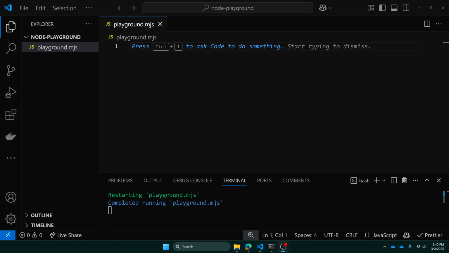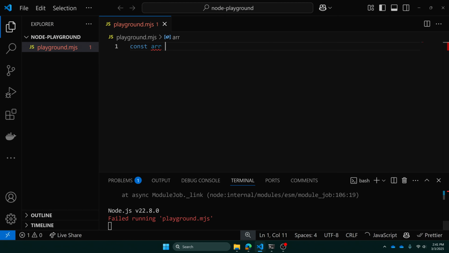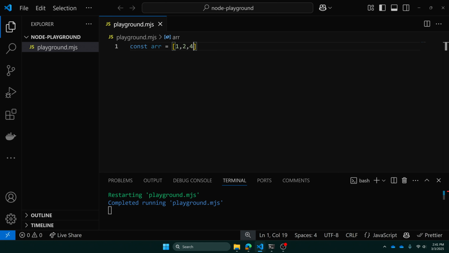Hello, in this video I want to talk about object destructuring and the spread operator, which are really useful in modern JavaScript for managing arrays and objects and just working with them really cleanly when it comes to functions and just really any code that you're going to write. So let's say you have a const array, and this array has 1, 2, 4, 6, and 8 as the